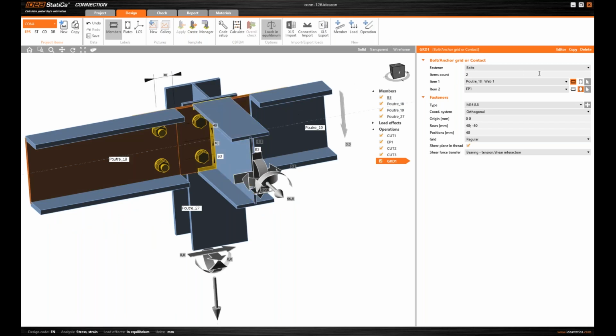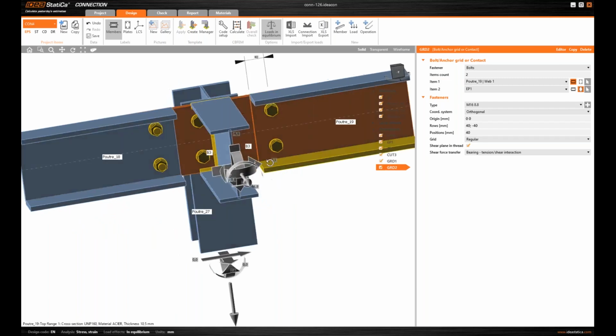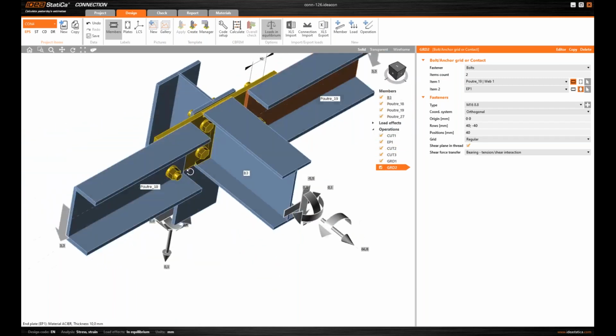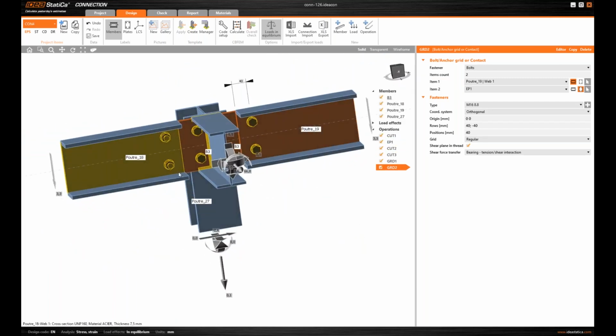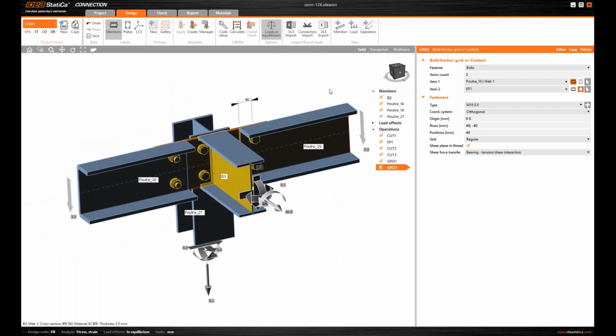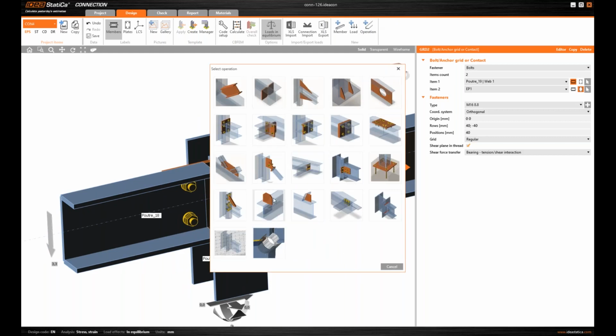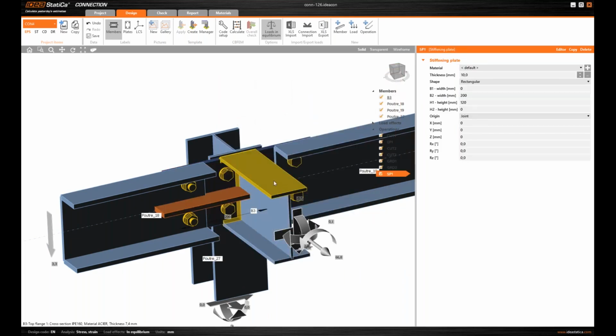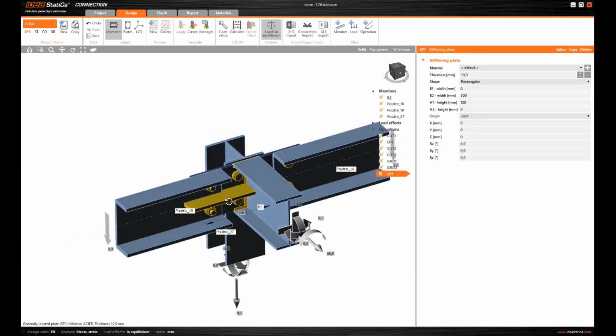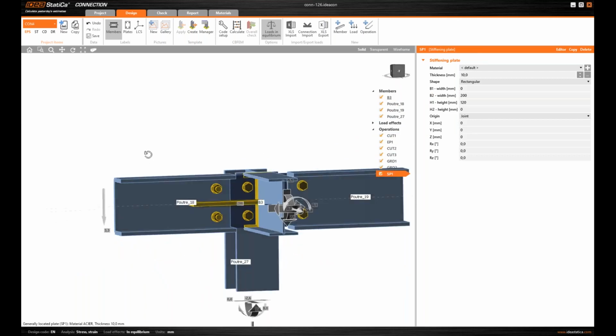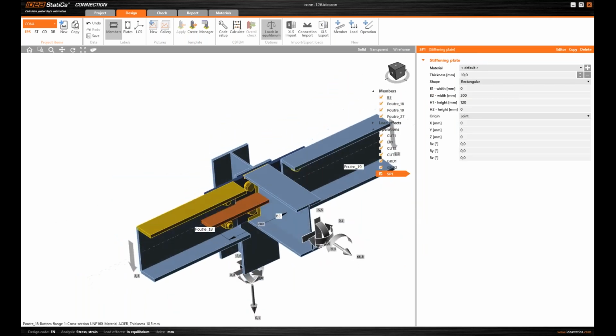Cool, that's looking good. Now simply copy this, attach to the other beam as well. That's done. That's pretty simple. And now we move on to another operation, a stiffening plate or general plate that is created with this operation. You can see it here. That's not really what I like to have here, but let's